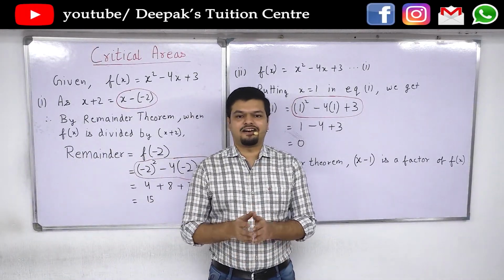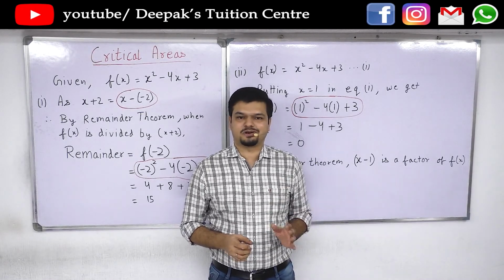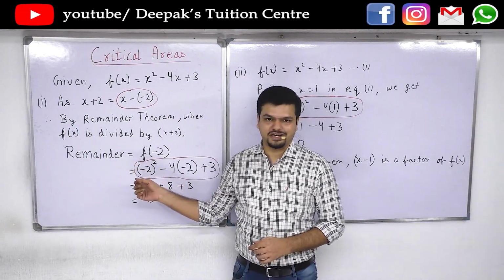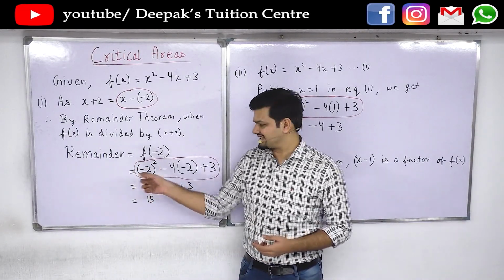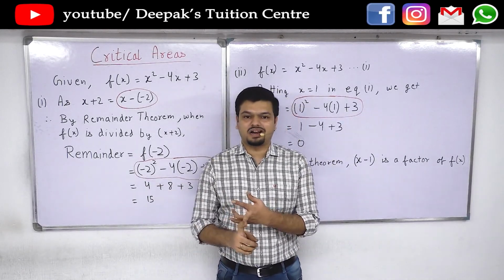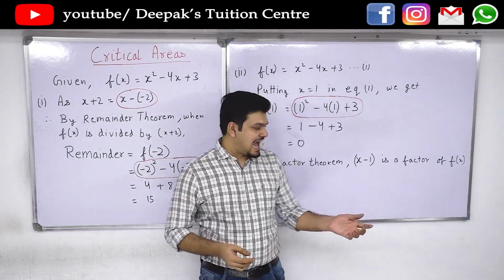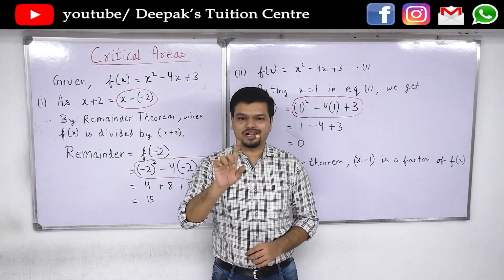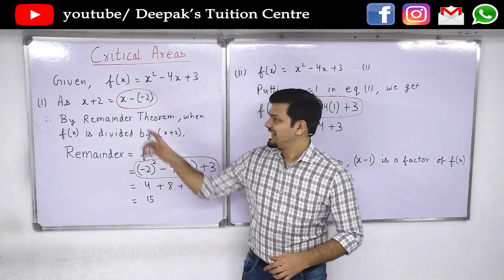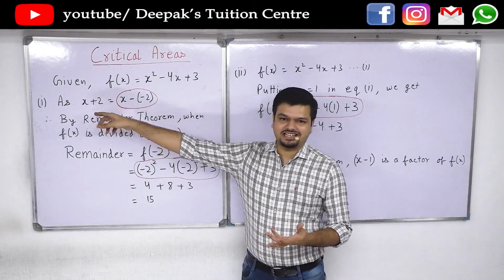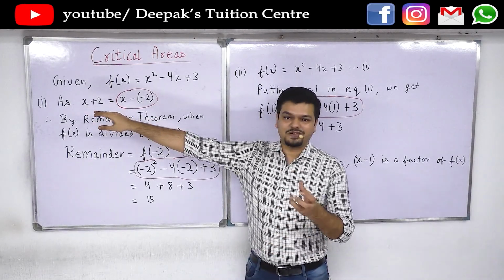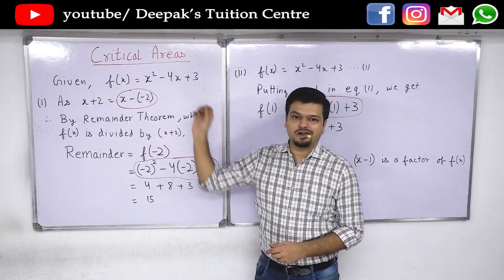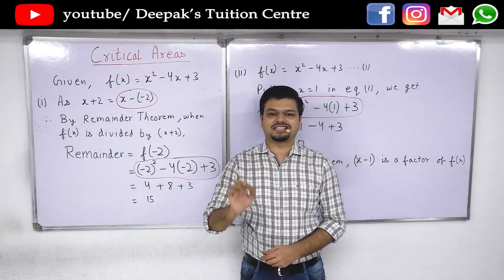In this chapter, you do not have much scope to lose marks unless there is a conceptual error in the solution. The basic places where you can lose marks are if you have not substituted the values right, or if you have not shown the step, or you have not used which implies, or if you have not written the final statement. Except for those, only one place is very critical, that is expressing the expression which is divided by. So if it is divided by x plus 2, this x plus 2 has to be expressed in the form of x minus something.